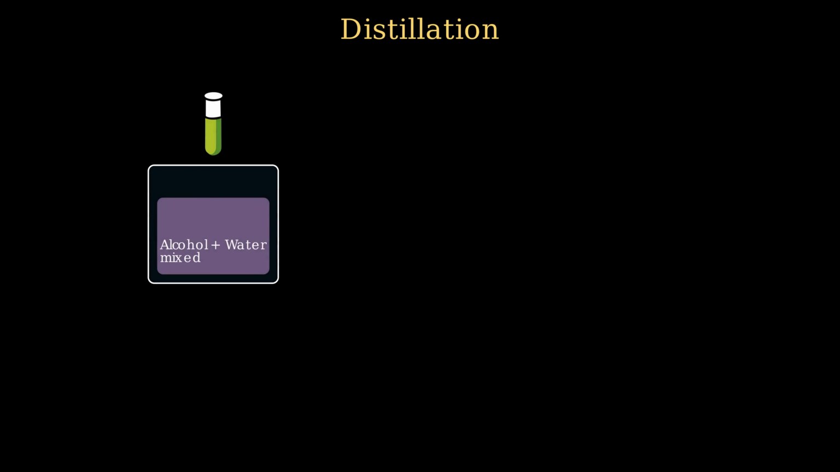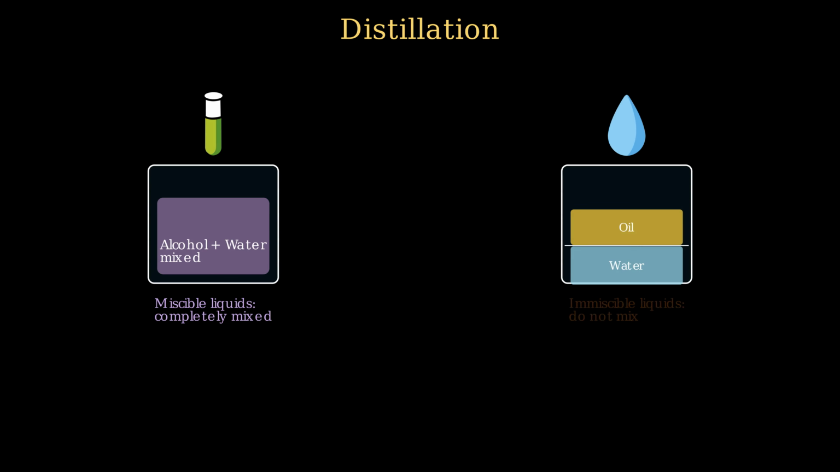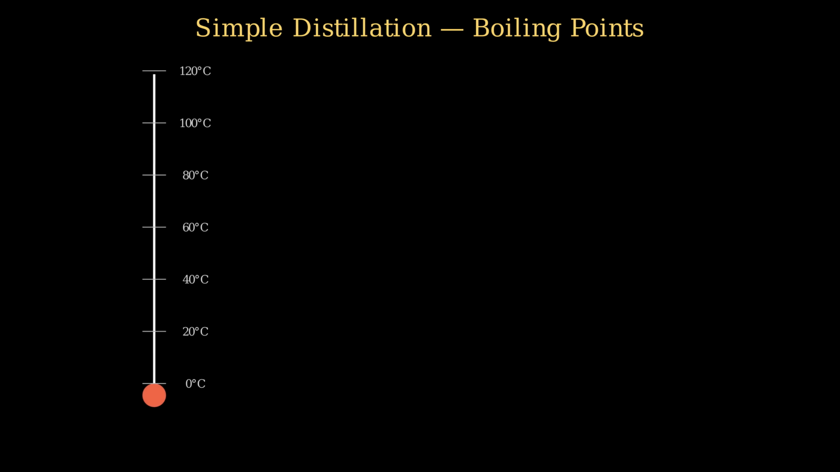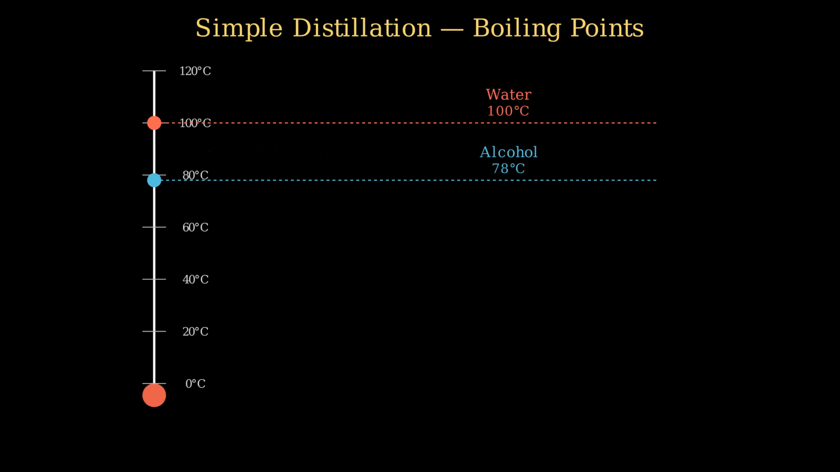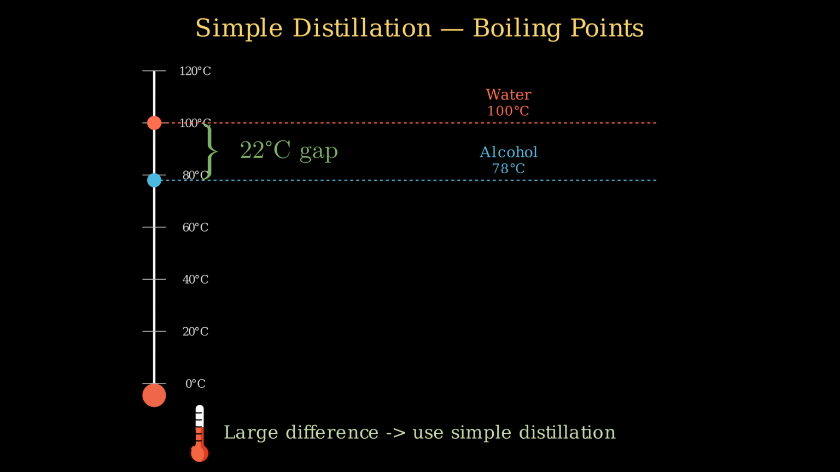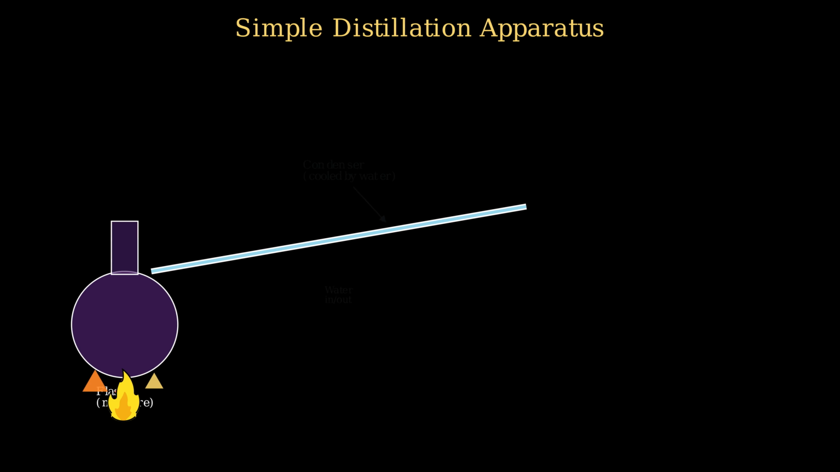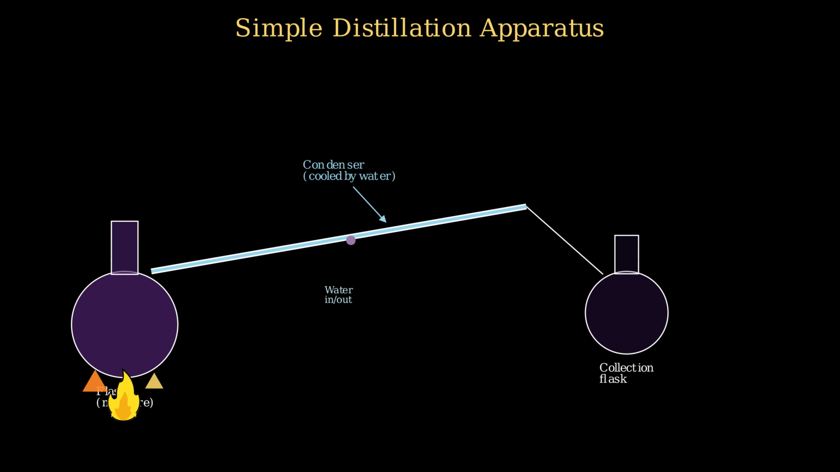Distillation is a separation technique for miscible liquids, liquids that mix completely with each other, like alcohol and water. In simple distillation, we use it when the two liquids have very different boiling points. For example, alcohol boils at 78 degrees Celsius and water boils at 100 degrees Celsius. In a simple distillation setup, we heat the mixture. The component with the lower boiling point evaporates first. The vapor rises through a condenser tube where it cools and condenses back into a liquid which is collected in